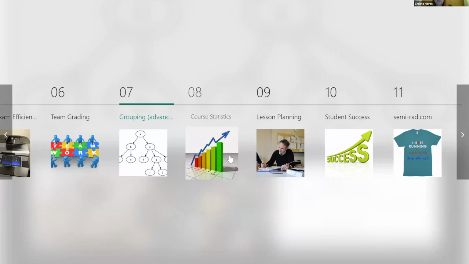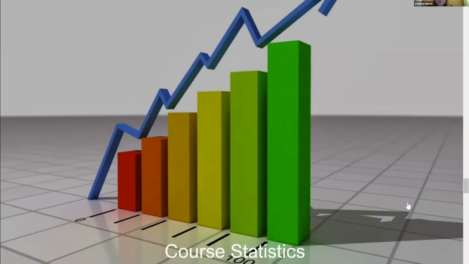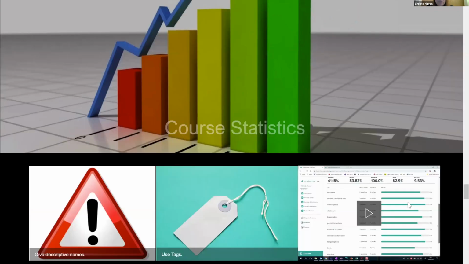Okay, course statistics. This is where I get really excited about Gradescope. I have learned that it really is a game changer to give problems descriptive names. So when I'm creating the outline of an assignment in Gradescope, when I first create that assignment, there's that option to match the region on the page to whatever problem it is, number one, number two, etc. In that process, I like to give each problem a descriptive name in terms of the content. And then I will use tags one layer deeper than that